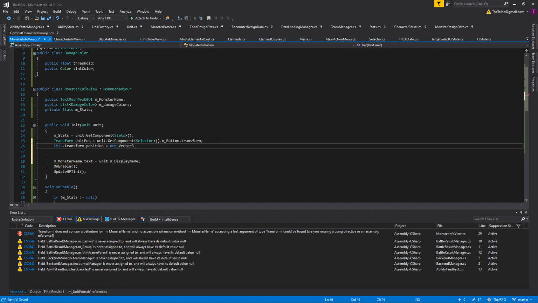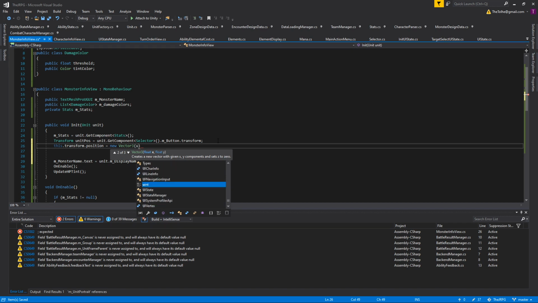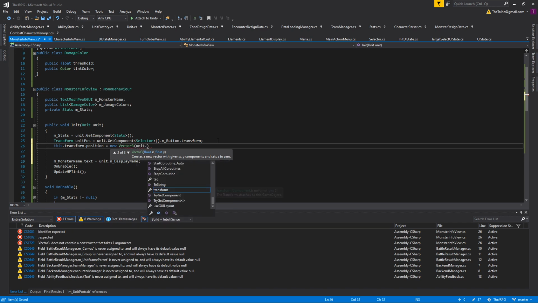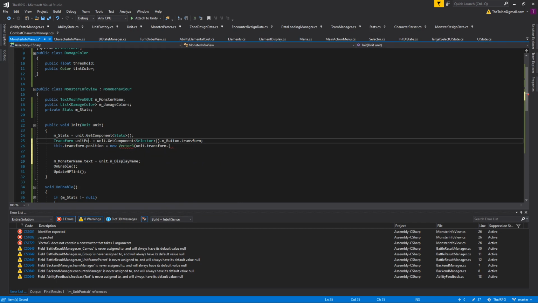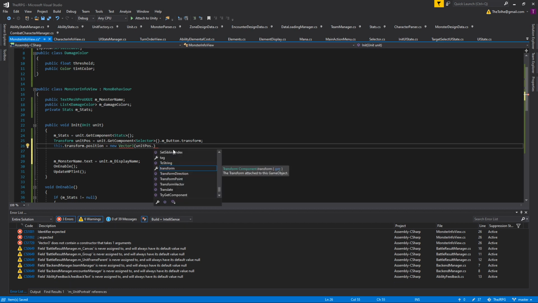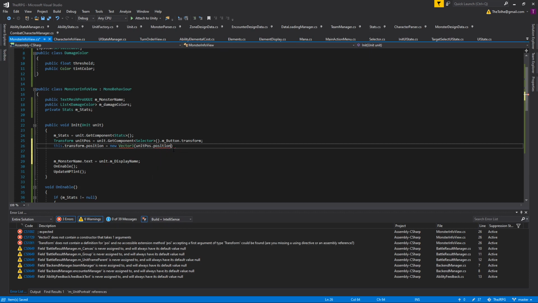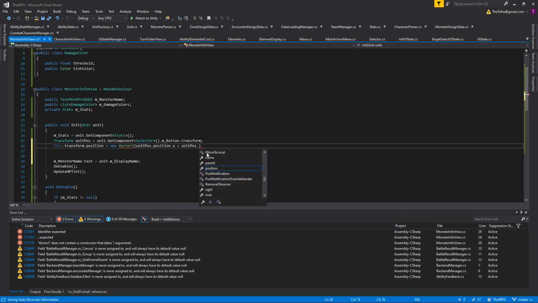New vector 3, the unit's x position, this value. The unit's position dot x plus the unit dot